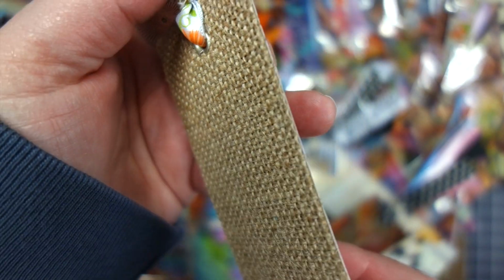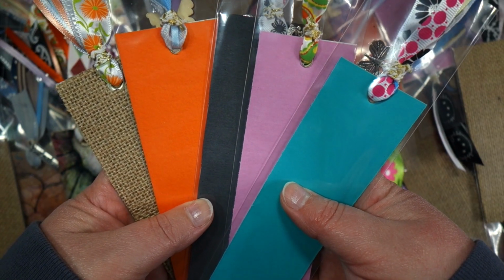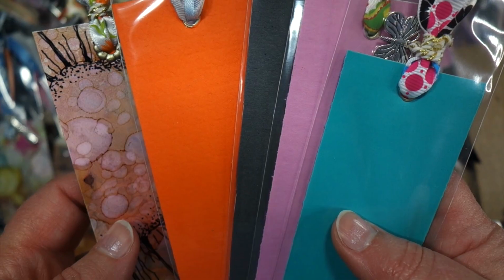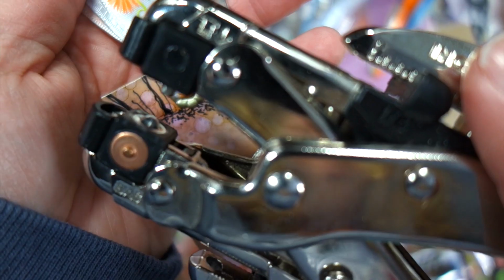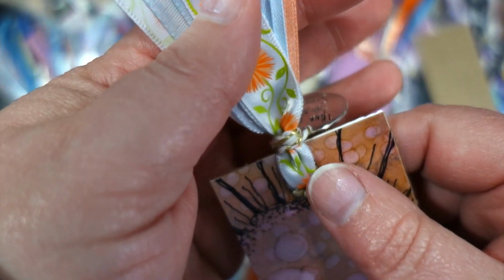Once I had these cut, I actually put backers on the pieces. These are the colored paper backers that I used on all of the bookmarks. The backers were basically 100-pound cover and up. Some of them were more than that. Once I had the backers on, I punched a hole with my crocodile, inserted an eyelet, strung the ribbon through the hole,